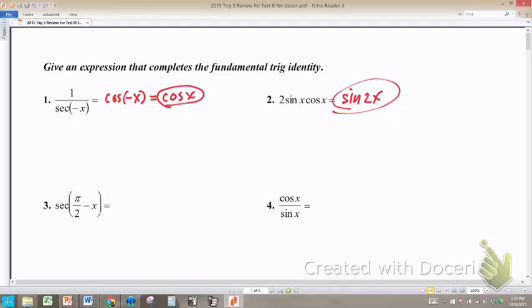Number 3, this is the cofunction identity for secant, which will give you secant of x. Number 4, this is the quotient identity, and this will be cotangent of x. Moving on. Number 5,